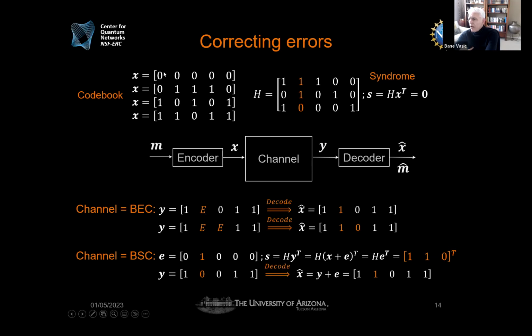Obviously, if I look at the code book, and I see that the other bits are 1, 0, 0, 1, it is most likely that this bit is in erasure. But the question is, how do I do this using a parity check